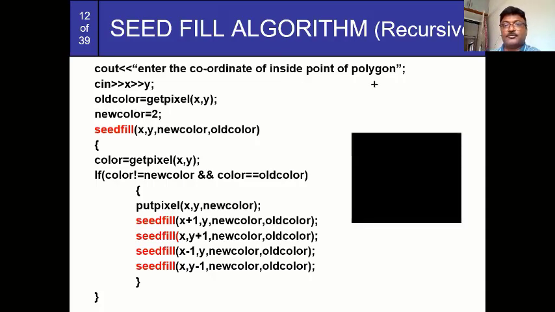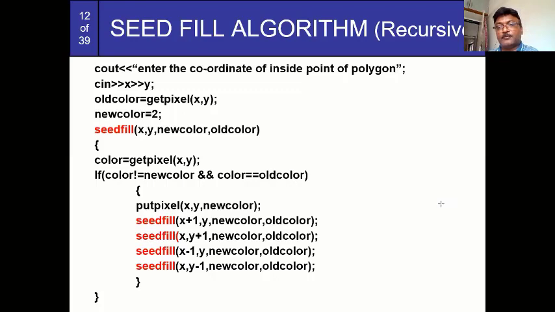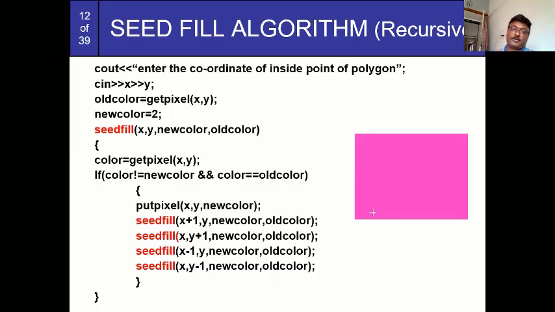So here I have used the black color, but you may use any different color. Suppose I have used the pink color. So that is my look after filling the polygon. Everybody understood it? So we are going to execute the program for this, and then you are going to put the delay. Once you put the delay there, then you can identify how these entire pixels are moving when it is going to fill the polygon.